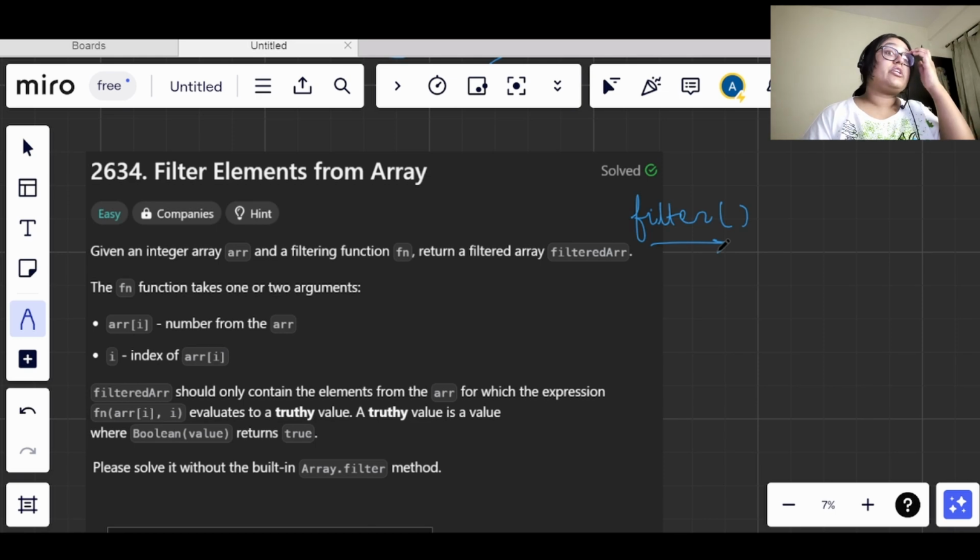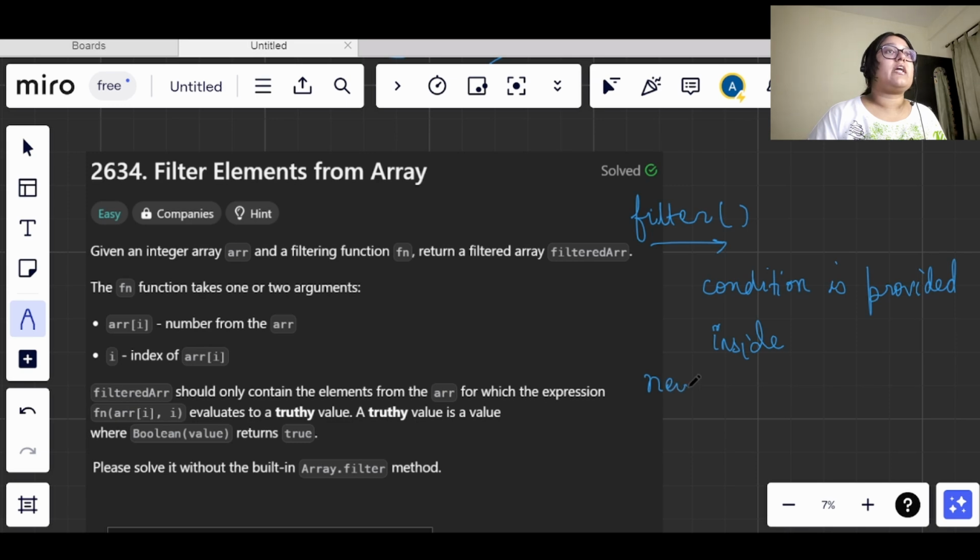is the method which returns an array, and it returns the array in such a way that whatever condition is provided inside the method, if it is true, then only the new array will carry that value.